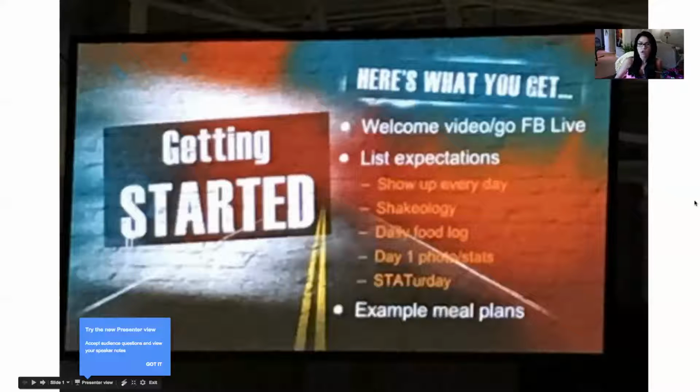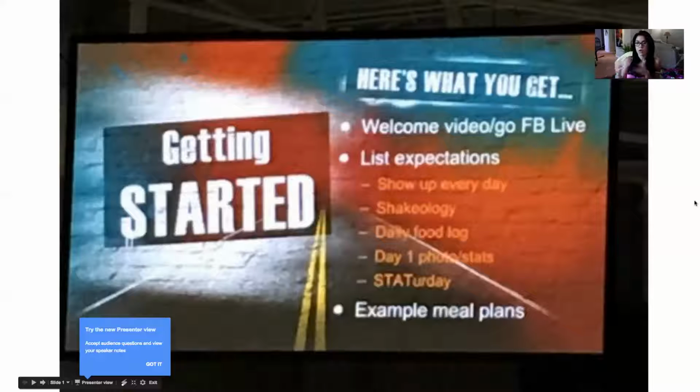Kate Riegert, she has awesome results. She's done a couple rounds of the 21-day fix, and a lot of girls were like, what are you doing different? She's like, nothing. I'm doing exactly what Ashley has been telling me to do, except I'm writing down what I'm eating every single day. She's like, so I know if I want to have a piece of junk food, am I going to want to look at that at the end of the day? Am I going to want to write that down? No, she's not going to want to write that down. So guess what? She's not going to have it. So you got to be honest with yourself when it comes to the daily food logs.